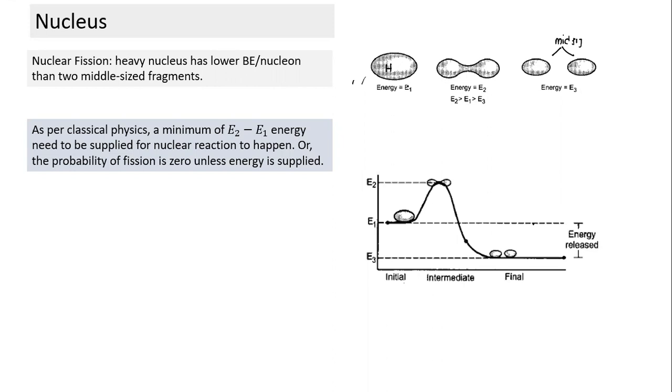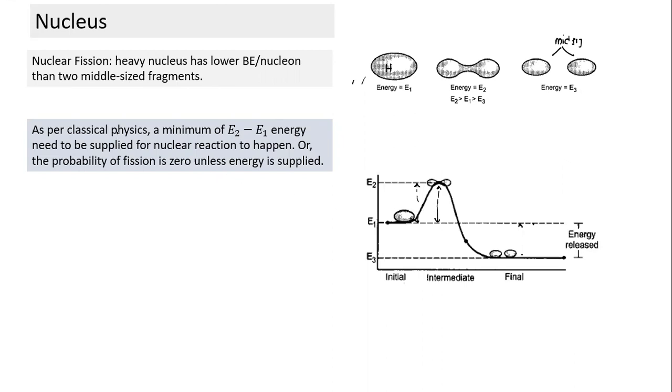So before it breaks into two parts, it goes through an intermediate state, and the energy in this intermediate state is greater than the initial one. And this is how we can represent it here. So breaking from here to here doesn't happen directly. It goes through an intermediate state, which is something like this. Since the energy level is higher, this much extra energy needs to be supplied for it to break from here. And whatever energy is supplied, the energy released is greater than the energy supplied, and that's why net energy gets released. And the greater this height is, the greater the difference in energy level, and the more difficult it is to break a large nucleus.